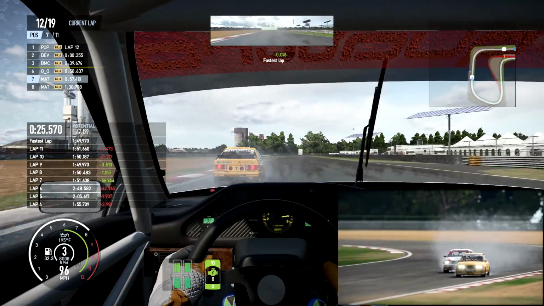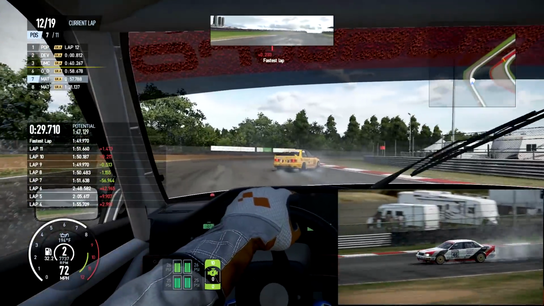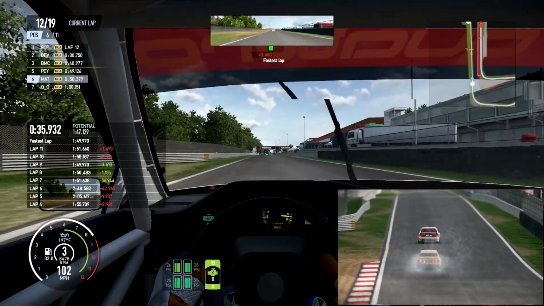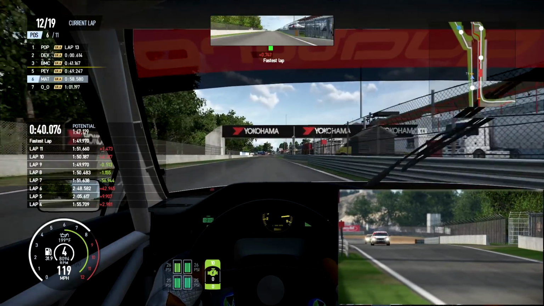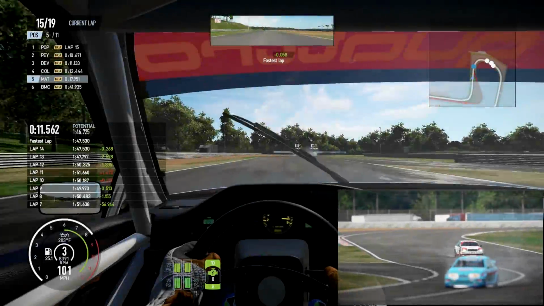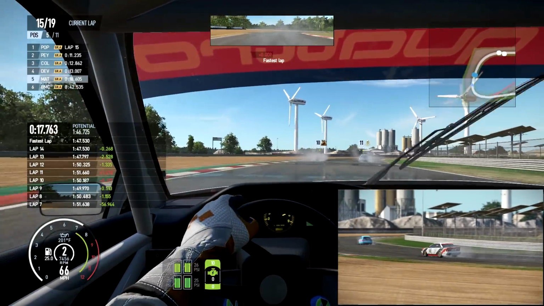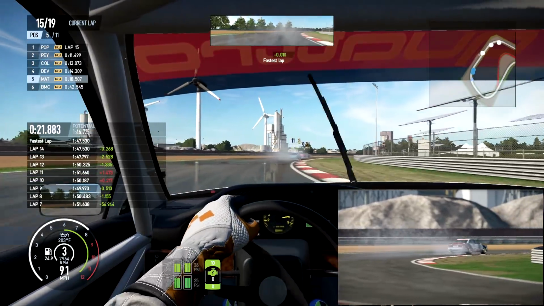I really don't want to force it. Was he drifting it around that corner? He is. Oh, unlucky Mitch. I thought he was going to do that then. I thought he was going to have it sideways around that corner. Oh, this is going to be interesting because these two are battling for position, so...